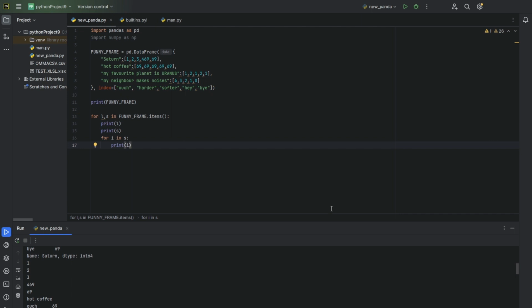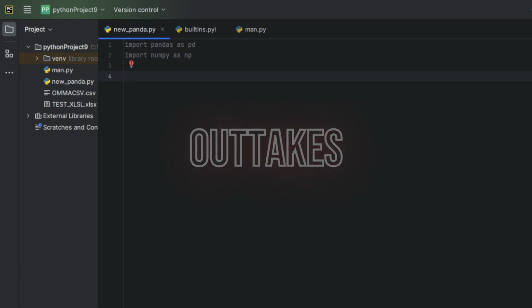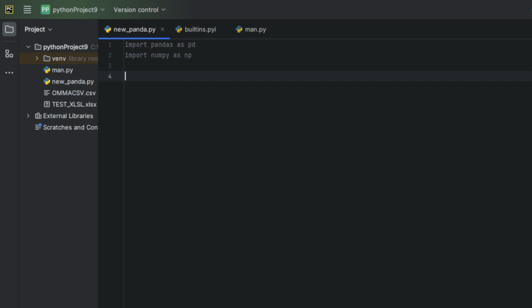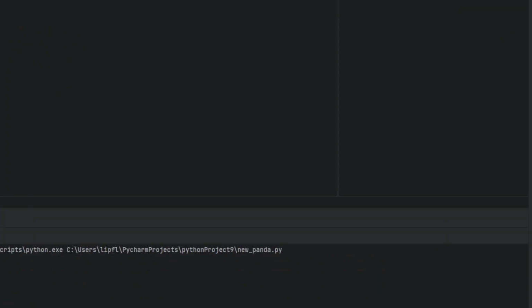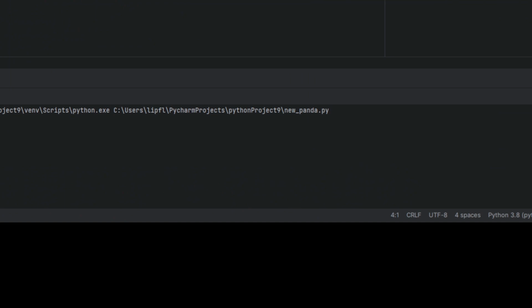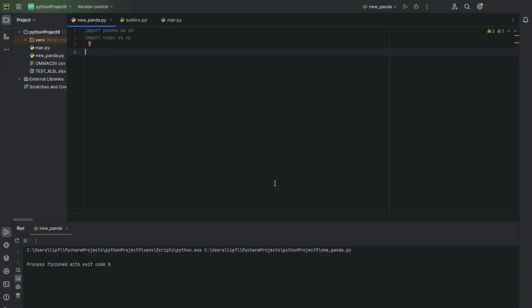And now I will give you some outtakes. Hello ho ho, welcome back to Python, welcome back to NumPy. And I guess you can't see the console, I should... Oh. Hello ho ho, welcome back to Python, welcome back to Pandas. And yes, no, this is not